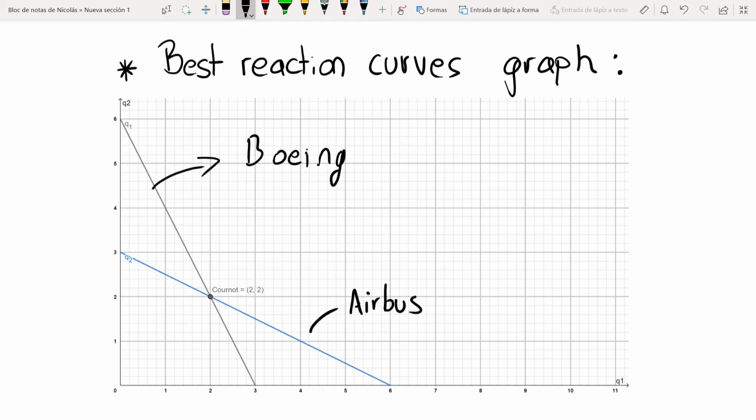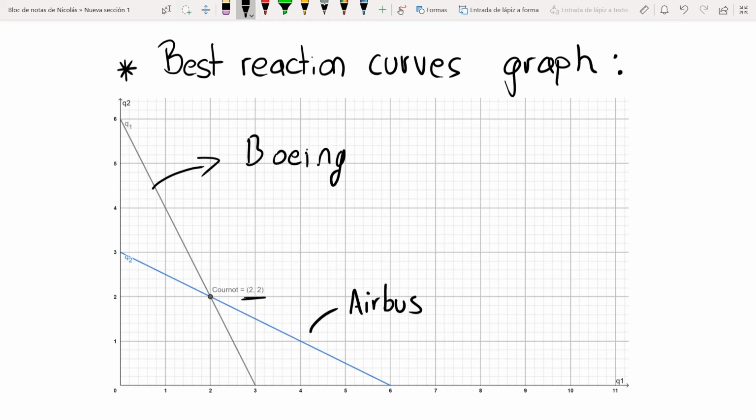There's a point at which both meet. This exact point is the quantity they should produce in the Cournot model. The point is given by (2, 2), we have it right here,